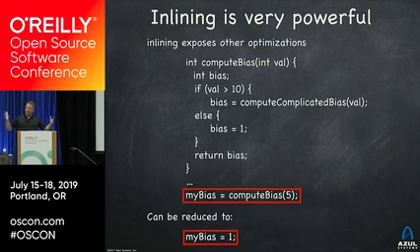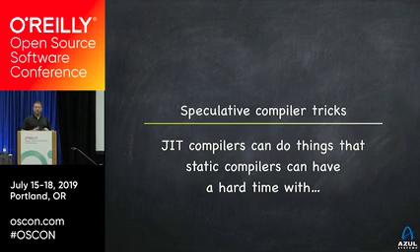Most of our optimizations come from the power of inlining, bringing a lot of code together so we can analyze it. Okay, so these were the simple techniques, the normal everyday techniques that most compilers, static or dynamic, ahead of time or just in time, will be able to do. But there are some things that just-in-time compilers can do that you can't do statically. And those things have to do with speculation.